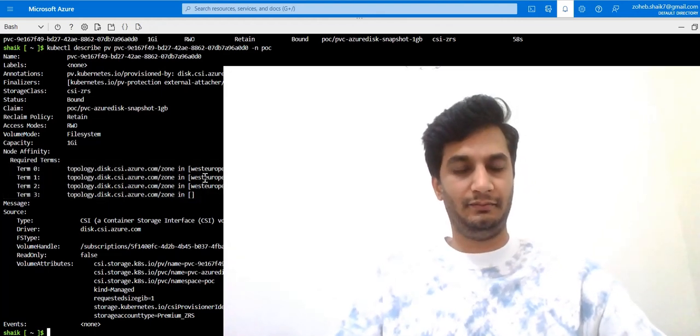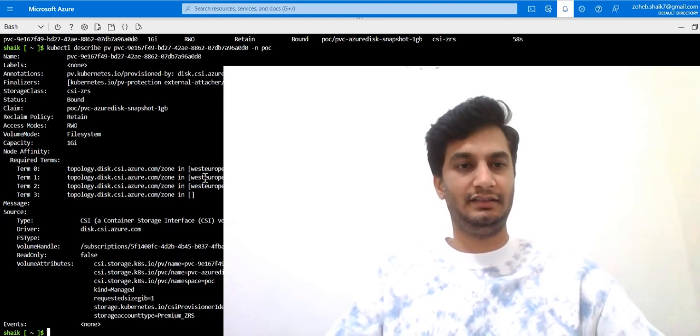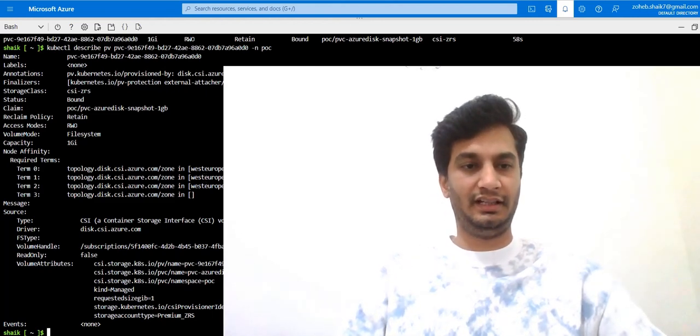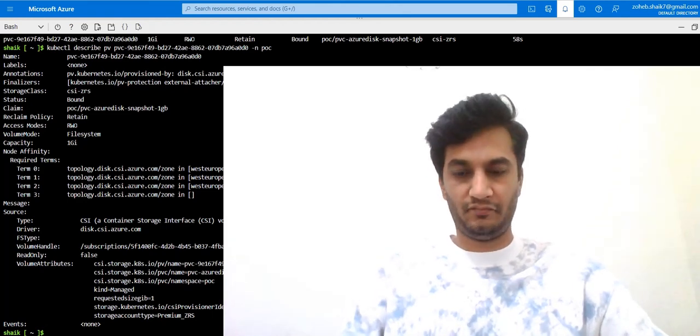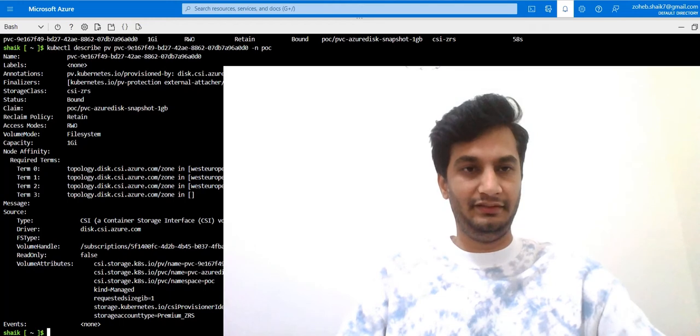Now I moved my workload from no AZ to multi-AZ, but the change is we cannot do it without converting that LRS to ZRS. And I have used the same existing PVC itself.